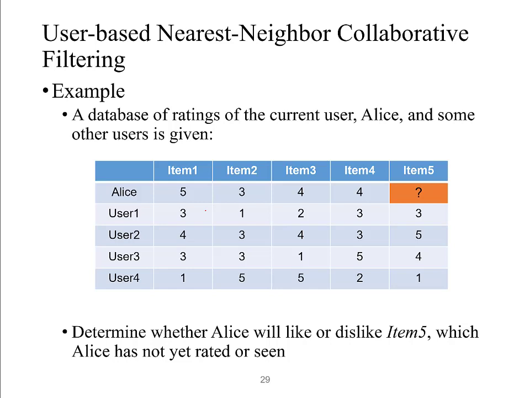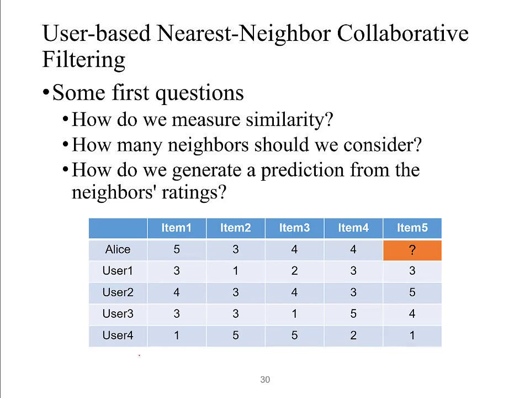So basically, we have a database of ratings of the current users. So these are the users, these are the items, and these are the ratings. We don't know this one. This one is what we want to estimate. Now we want to determine whether Alice will like or dislike item 5, which Alice has not yet rated or seen. So in order to do that, there are some first questions we need to consider, like how